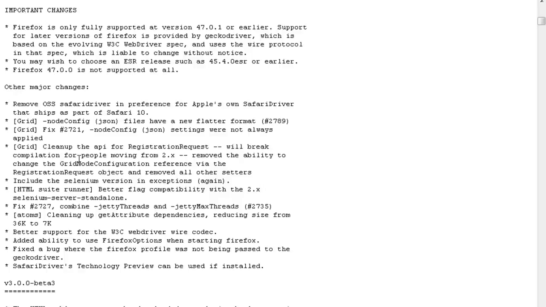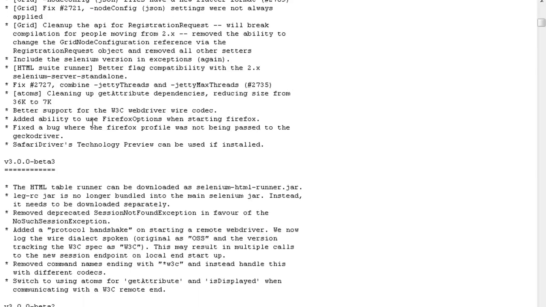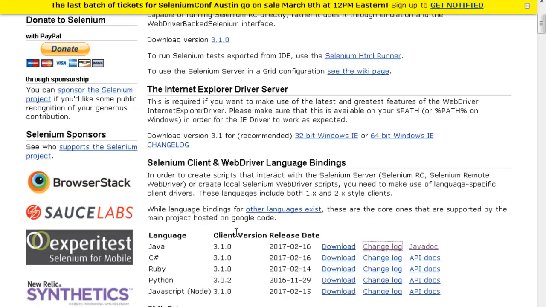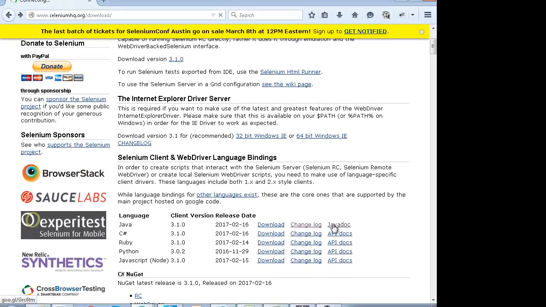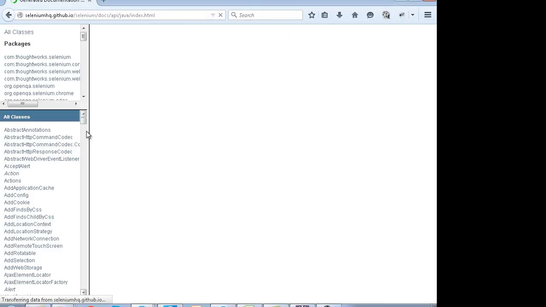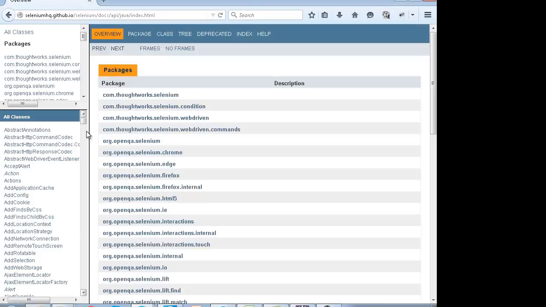If you go back, we have this Java doc. You can also import this documentation inside Eclipse.